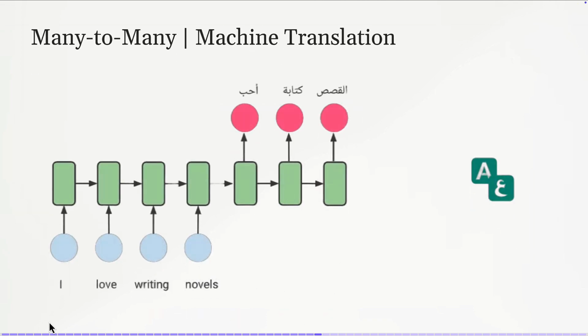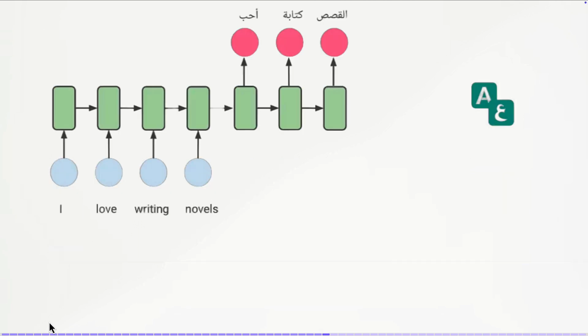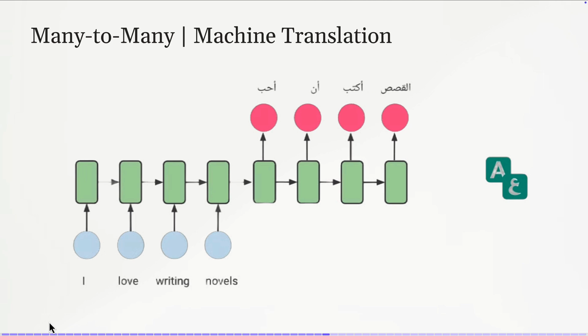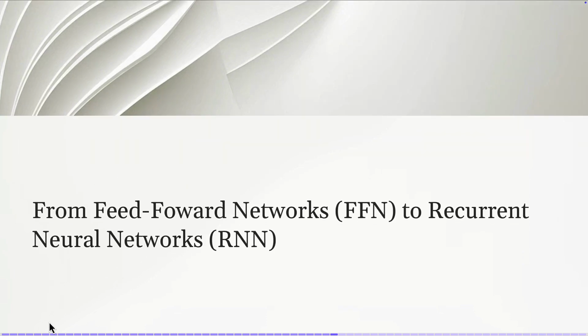And the problem with machine translation, look, I can have an English sentence of 4 words. It can be translated to 3 words. Okay, so we don't know in advance the length of the sequence. And this is one of the challenges in sequence language modeling, is that there is a dynamic nature of the sequence length or the sentence size. So it can be translated differently as well. So the challenge was how to make this recurrent neural network learn the patterns in order to produce the desired outcomes. Okay.